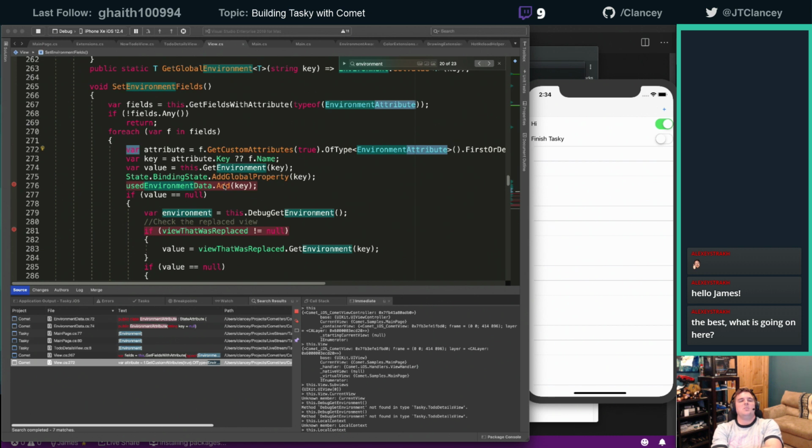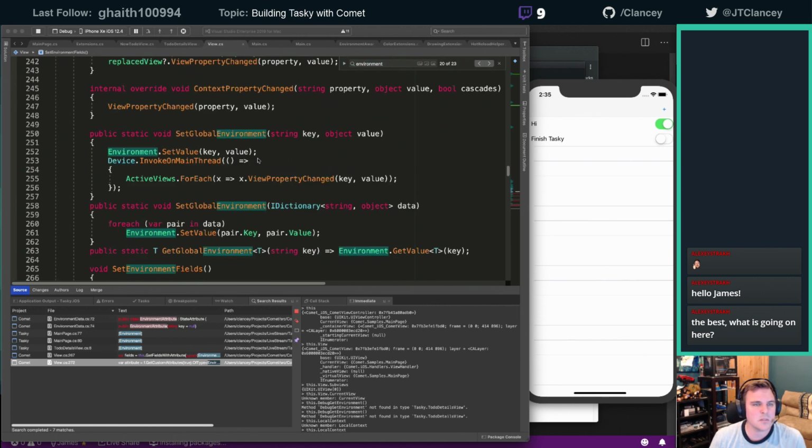What happens is when I set that value later, it says, hey, I can't find something. When that value is set later, it doesn't have to do a lookup. Environment variables automatically update everything. So when I set that environment variable later, it's going to reset that value. So that value gets set before. The problem is